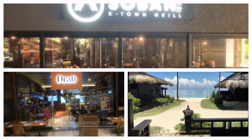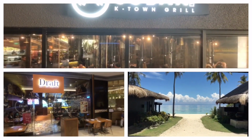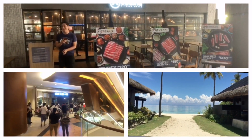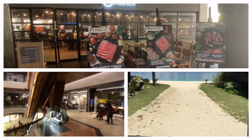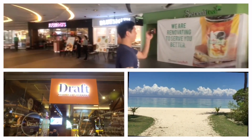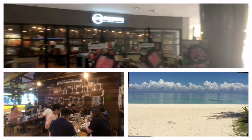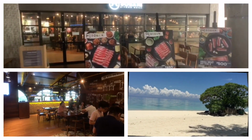Soban K-Town Grill is a popular Korean barbecue restaurant and was born from a collaboration between award-winning Korean restaurateur Mr. Sung Ra of Sariwon Korean Barbecue and his Philippine franchisee, the Happy Foods group of restaurants. Soban means small tray or table and was first opened in 2015 in Eastwood and now currently has expanded to 7 branches across Metro Manila. Today, we visit the